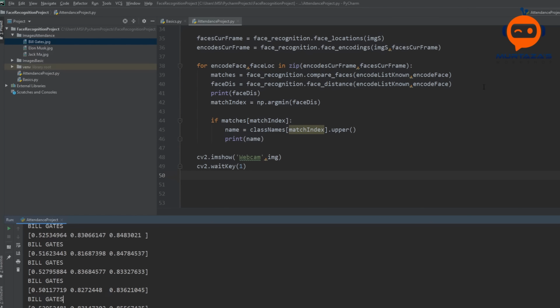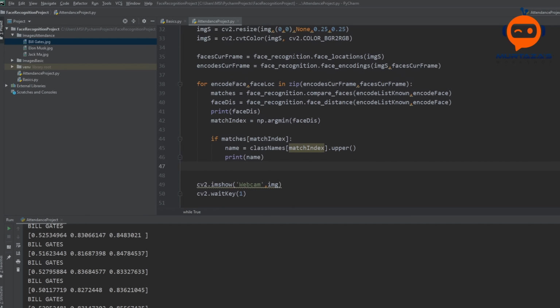Okay. In order to create that rectangle, we need to first find the location, and because we already have all the locations, we can say y1, x2, y2, x1 is equals to faceLoc. This faceLoc is coming from the locations of our faces.